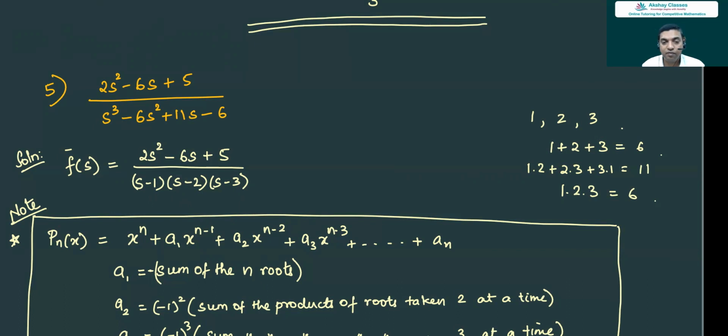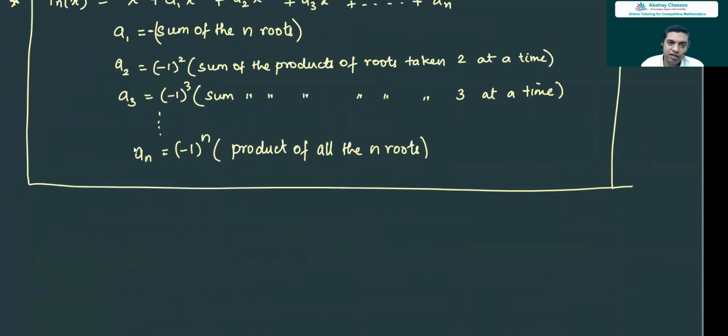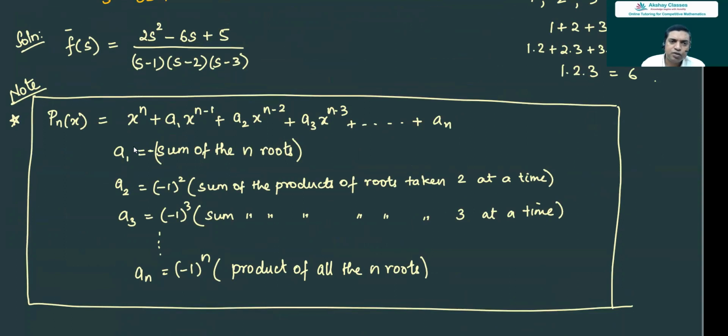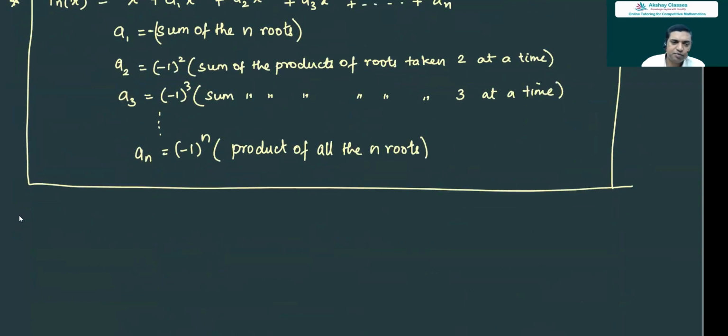Otherwise, it would be very, very difficult. We'll have to, by inspection, find one root and then factorize it out and then find the roots of the remaining quadratic. So now, again, I'll write this here, f bar s